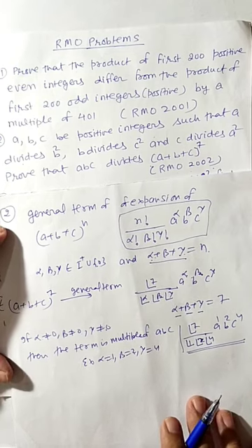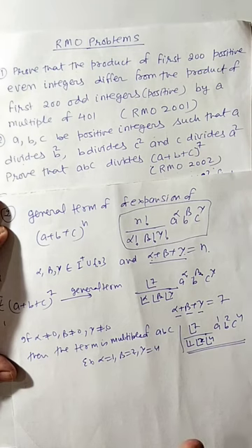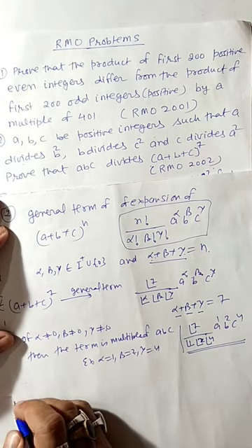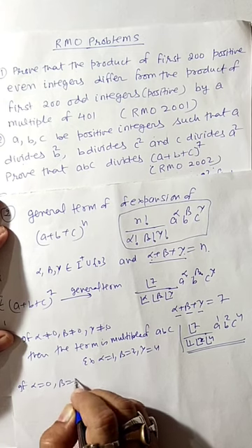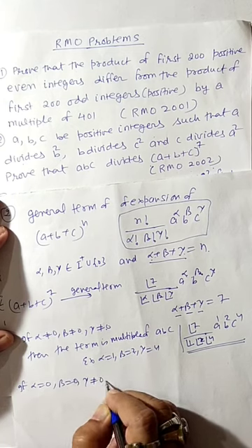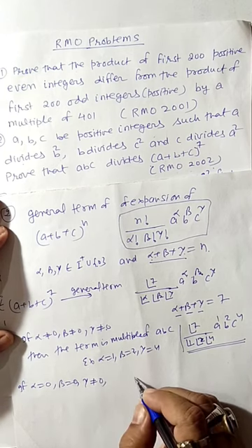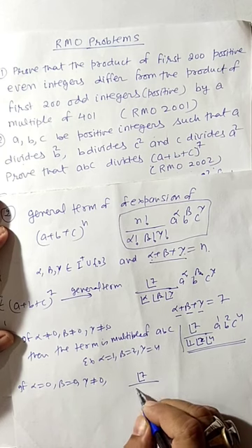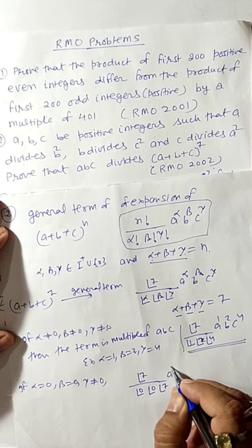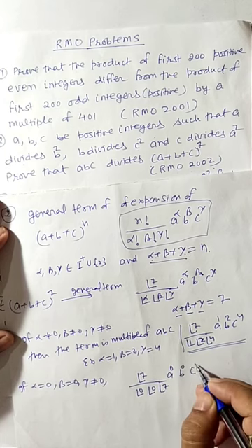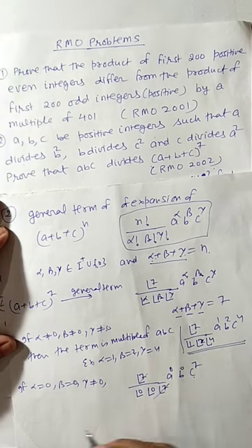Now we come to those terms where either alpha is 0 or beta is 0 or gamma is 0, or two of them are 0. So if alpha is 0 and beta is 0 and gamma is not 0, then your gamma will be 7. Your term will be 7 factorial by 0 factorial, 0 factorial and 7 factorial, a^0, b^0 and c^7. So your 7 factorial cancels. This c^7 can be written,